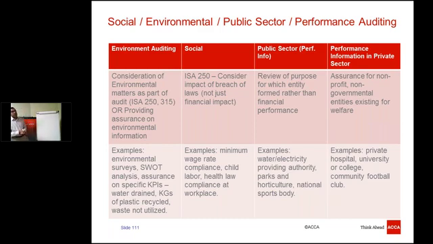environmental auditing. This has 2 aspects. One is the consideration of environmental matters as part of the audit, wherein ISA 250 and ISA 315 come into play. Or there is the second aspect to it, which is providing assurance on environmental information. And this includes all the examples that you see on the bottom in the environmental auditing column, which is eco-audits or environmental audits, environmental SWOT analysis, assurance on specific KPIs, and these KPIs could, for example, include, there is a beverage manufacturer, and you would know many of them operating in your countries. So beverage manufacturer,